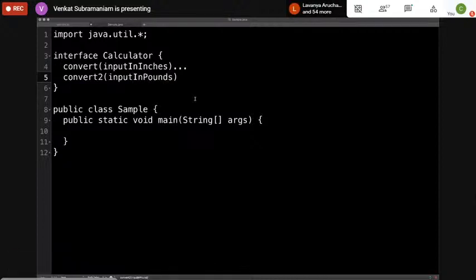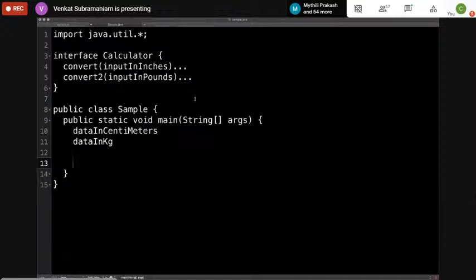So when you have these things in different units, how do I use this in another piece of code? I might have a piece of code where the data is in meters, or centimeters is probably more appropriate. So centimeters, and I may also have data coming in, in, let's say, kilograms. So I want to be able to use these consistently in my code. How am I going to be able to do this?